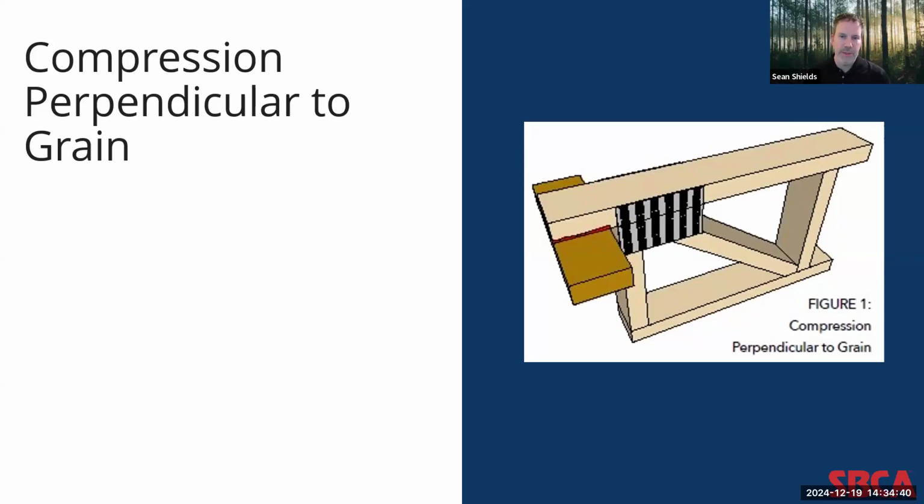So the first one is compression perpendicular to grain. This check is crucial in preventing the crushing of the chord extension under the design load. Now, this crushing is usually considered a serviceability issue, but it can also be a structural safety issue, as it can trigger other failure modes of the plate and chord, as the crushing causes the wood section to break down. And this is important because the presence of wane in the chord extension